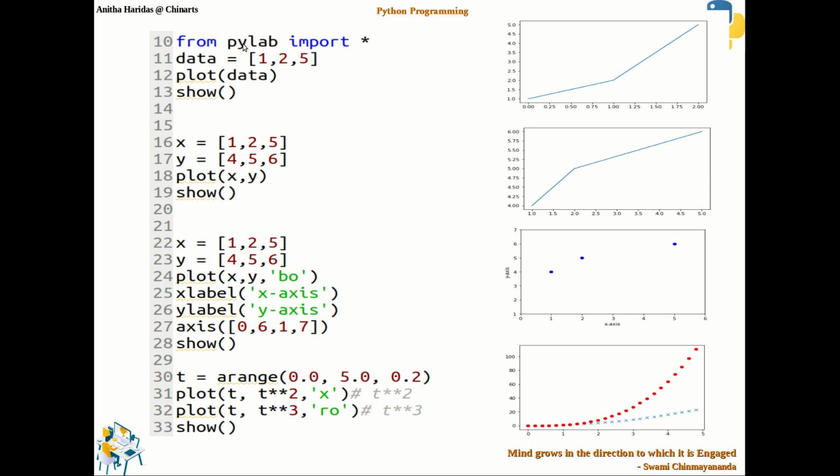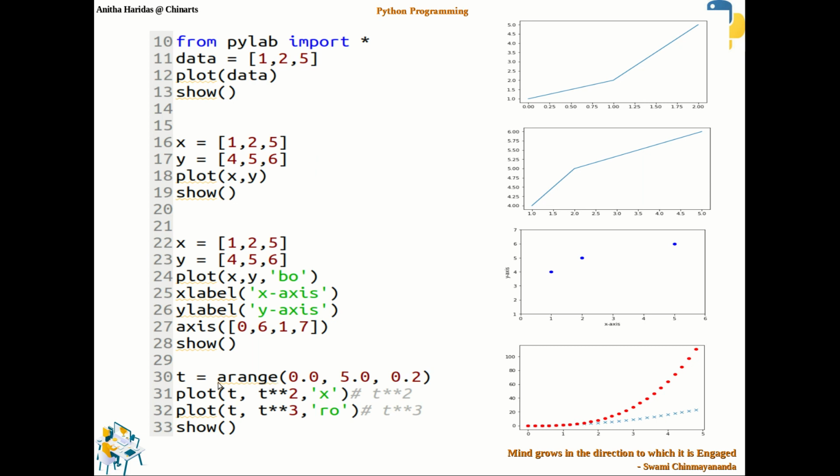When you import this PyLab module, the NumPy module will also be automatically imported. That is why all these functions are available in PyLab, whereas arange is a function which is available in the NumPy module. Since I have imported everything available in PyLab, the arange function is also available from the NumPy module, which is also imported.